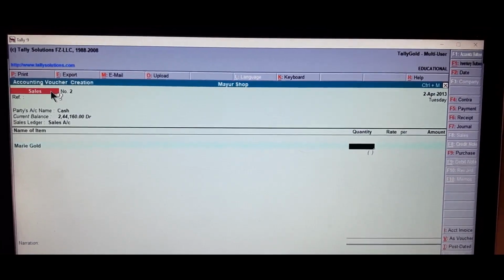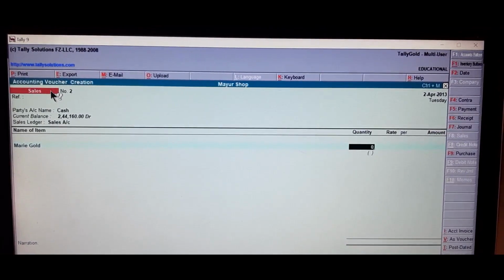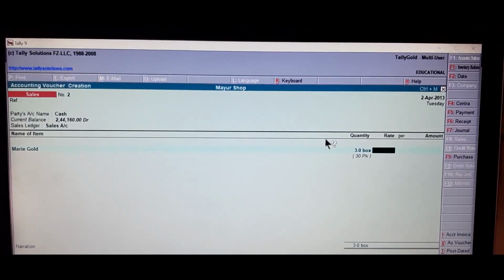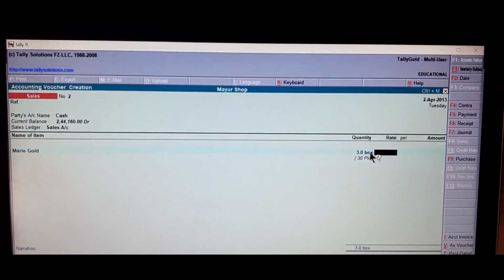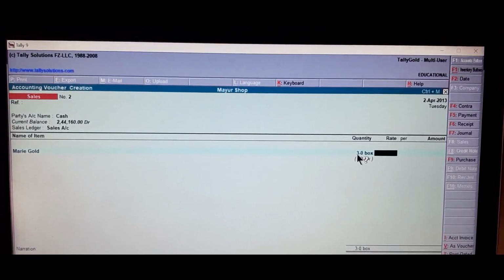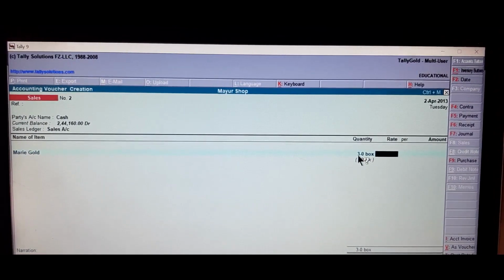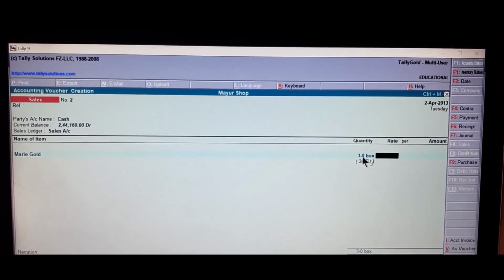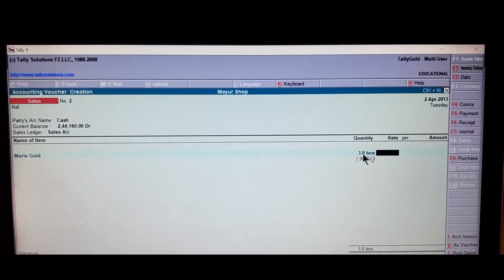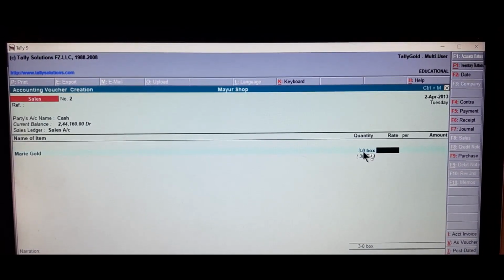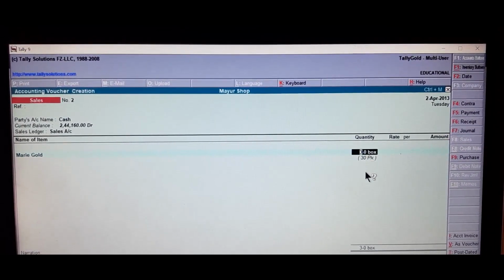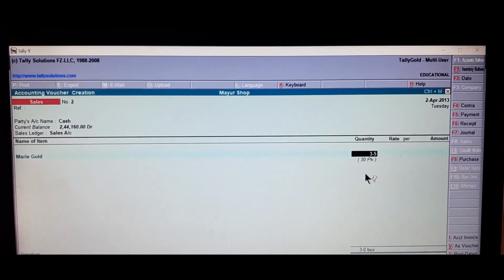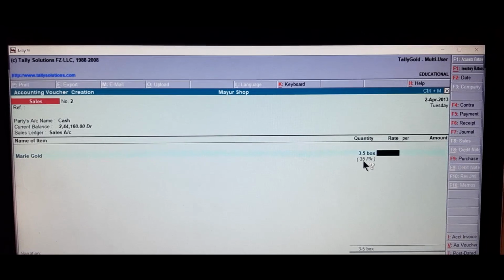Sales account, name of the item is Marigold. Quantity is 30 packs, 0-30. This will come back to 3 box, 30 pack. The first number represents box, the second number represents pack. Suppose if we require 3 box and 5 pack, in that case, this has to be entered this way, 3-5, 35 pack.